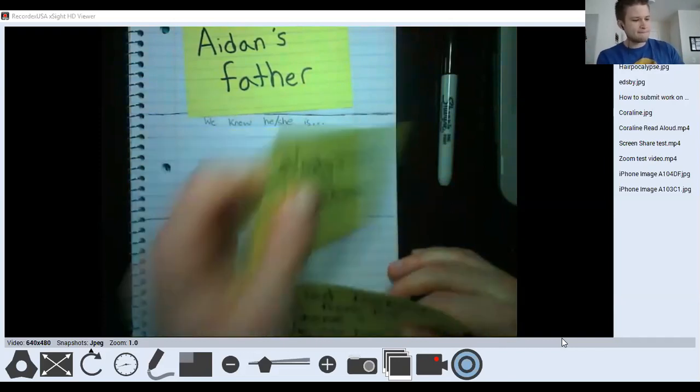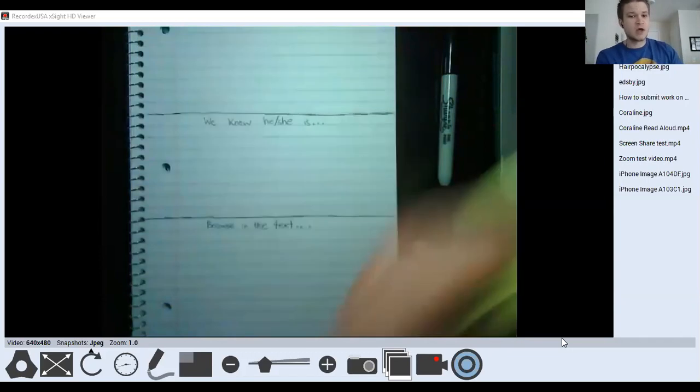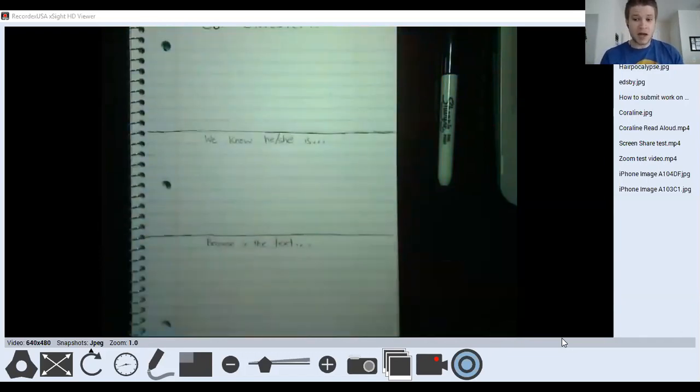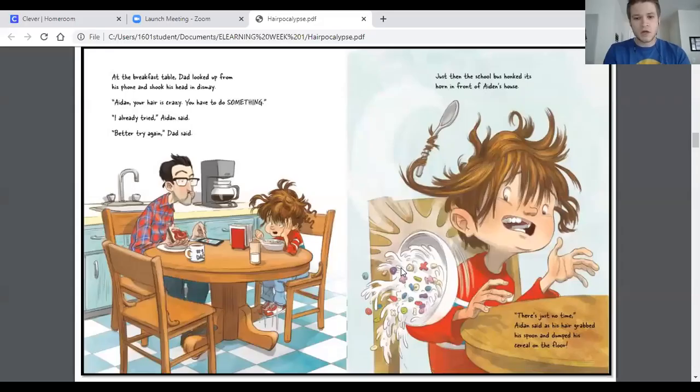So what we're going to do today is continue practicing learning more about our characters based on what the illustrations show us and what the text shows us. Makes sense? So what we're going to do next is go back to our text, Hair-Pocalypse. We're going to pick up right where we left off yesterday, and continue learning a little bit more about our characters and how they respond to this problem. So once again, while you guys are reading, make sure you're looking for any details that tell us how the problem gets worse, and look for any details that can tell us a little bit more about any of the characters that we see. We're going to practice that. So, you guys ready? Okay.